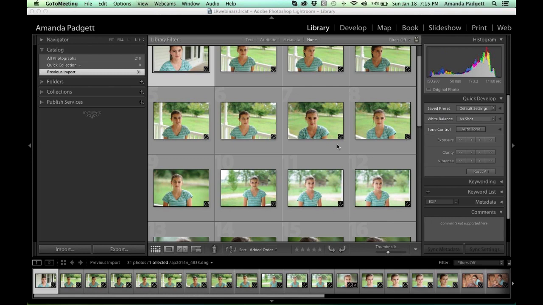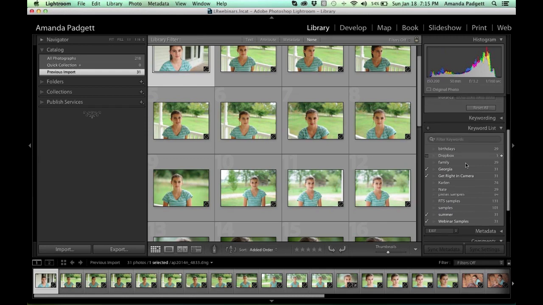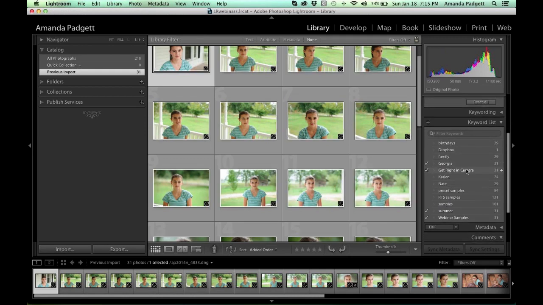Okay, let's see. Now, the next thing you can do for finding your photos is create collections. So we did keywords, and your keyword list shows up over here. And again, I'm tailoring this for people who are brand new, so that's why I'm using a catalog that doesn't have so much to it, and it's going to be easier for us to see. So here I just have a limited number of keywords because I've just imported a few pictures into this new catalog, and we can see that Georgia is one of the